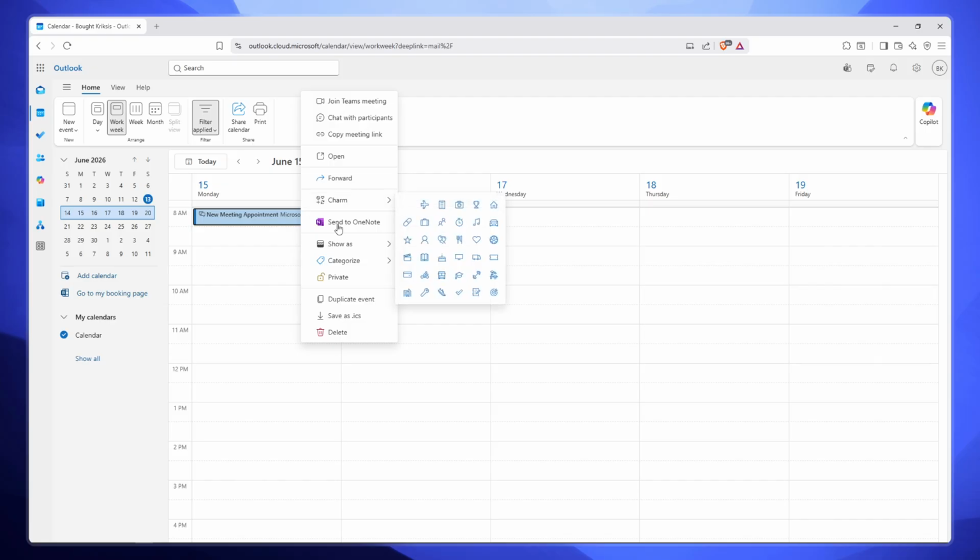From this list of options, simply click on the Delete option. This action is crucial because it removes the meeting from your calendar immediately without triggering Outlook's default behavior of sending cancellation emails to all participants. The meeting will be cancelled and removed from your schedule, but the attendees won't receive any automatic notification about the